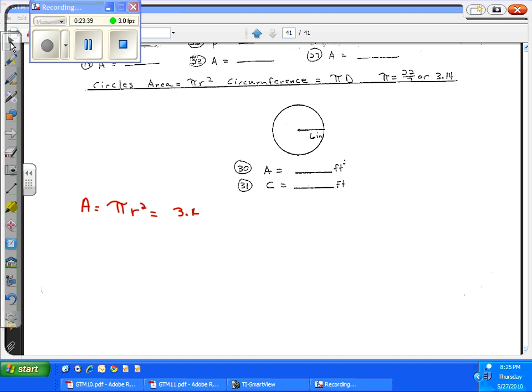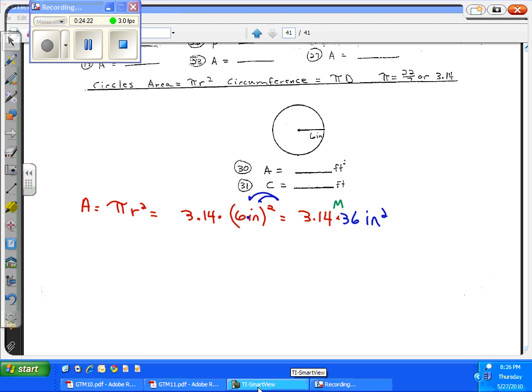So we have pi, which is 3.14, times the radius, which is 6 inches, quantity squared. We distribute the exponent, and 6 squared is 36 square inches. Now we're going to multiply. 36 pi